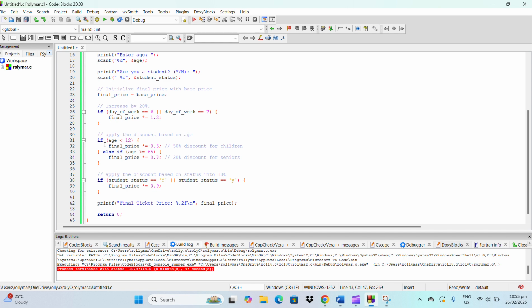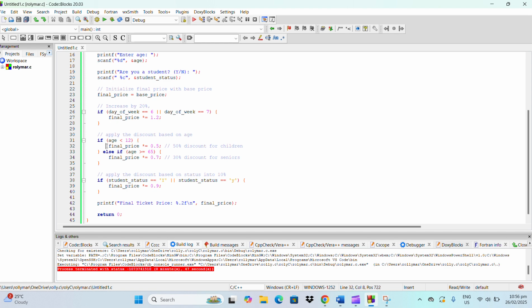And then we move into line 31 to 34, the part where we apply the discount based on the age. So if the age of the user is less than 12, then the discount for them is 50%.